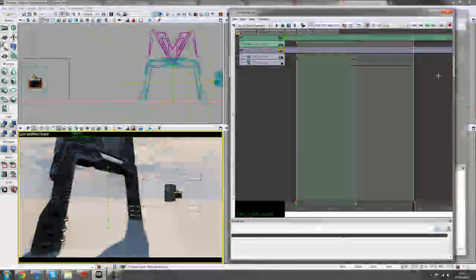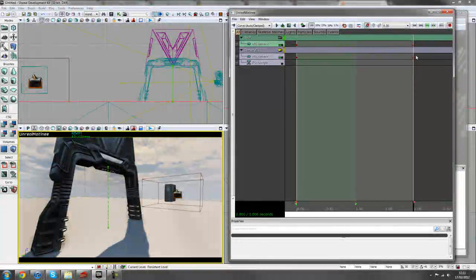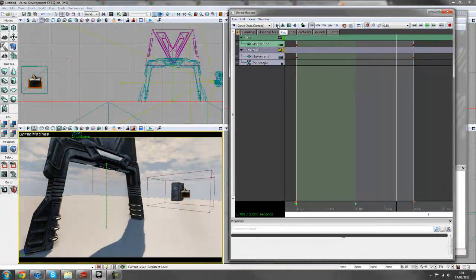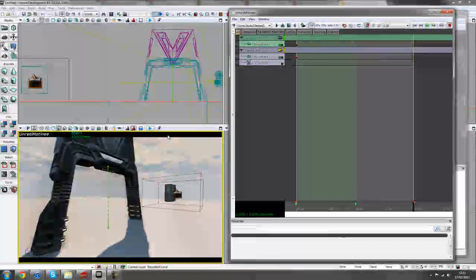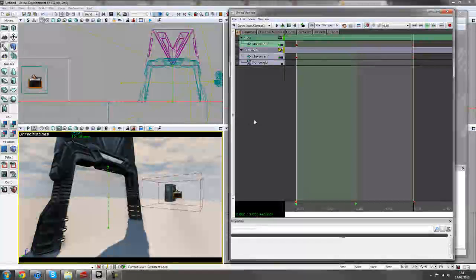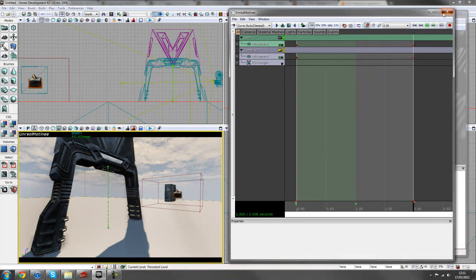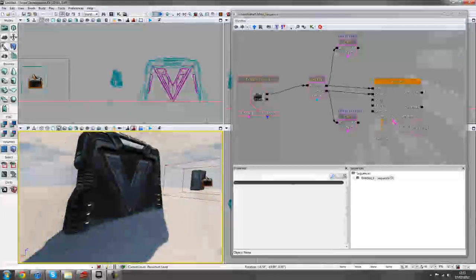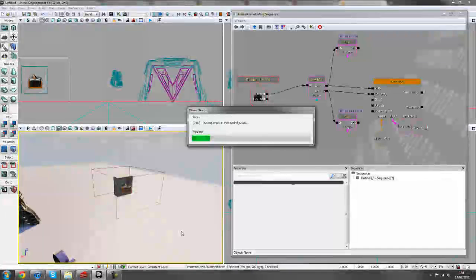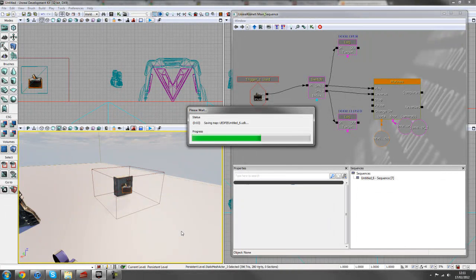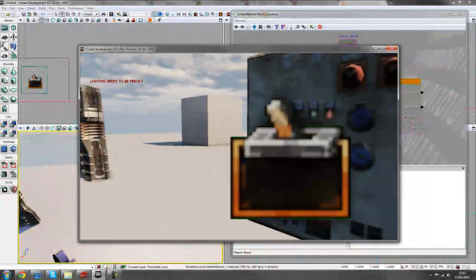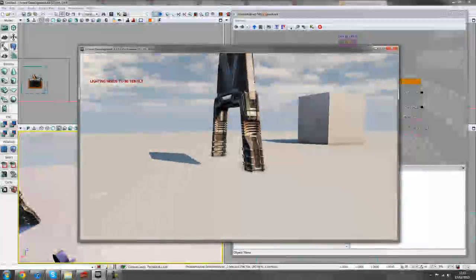So if I turn off this, I'll just click somewhere to stop editing that key. If I press stop and play, there we go. We've got a nice little camera movement in there showing where the player pressed the trigger to the door opening, and we'll shut that down and see what that looks like in the game. So we'll right click play from here. Oh, one thing, it's definitely not going to work. If I press this trigger, nothing will happen. The door will open, the camera won't play